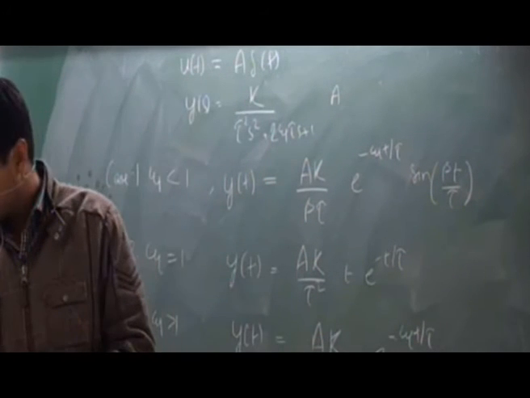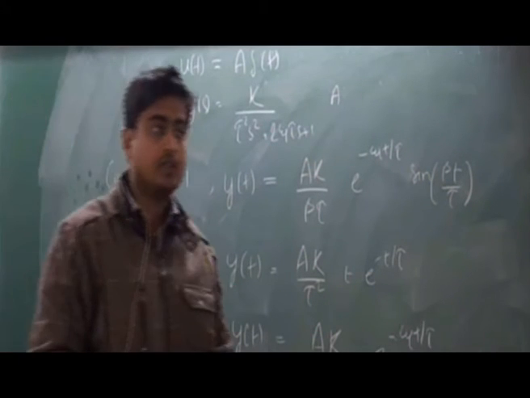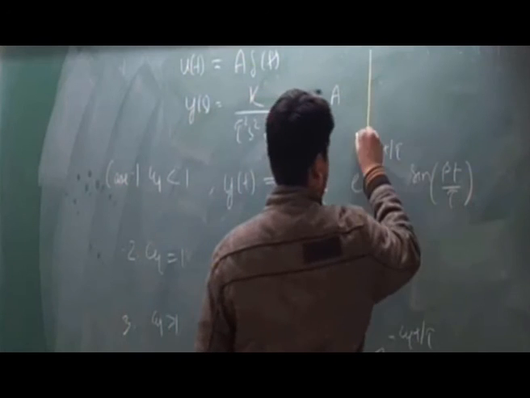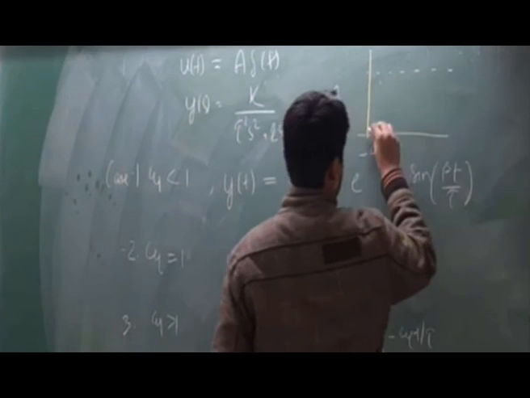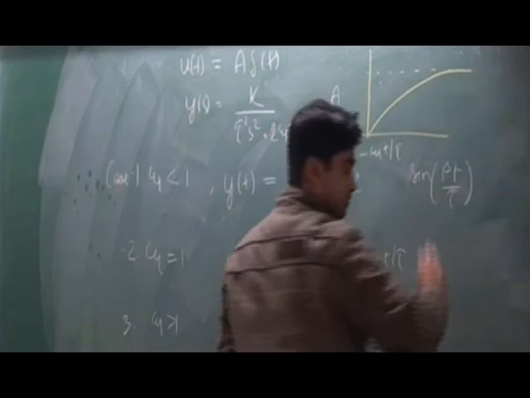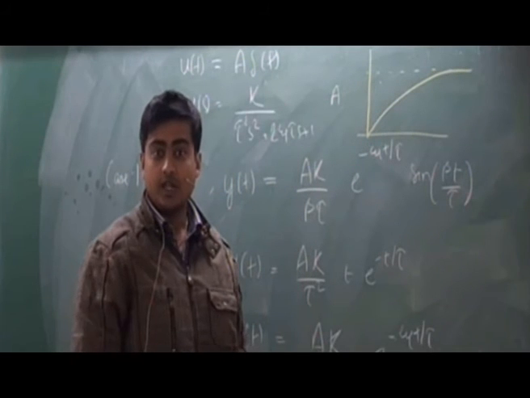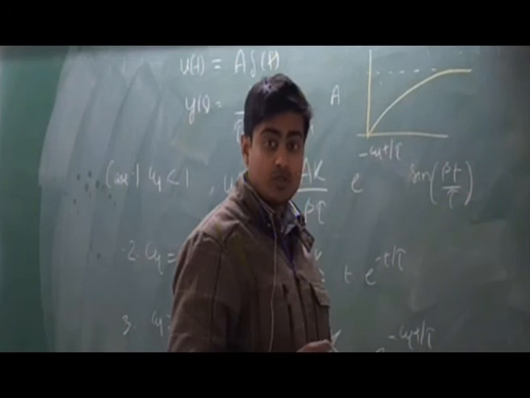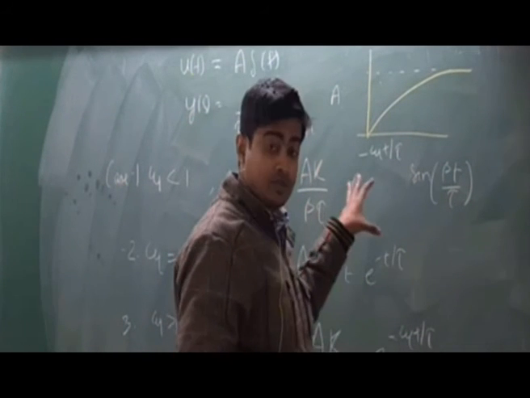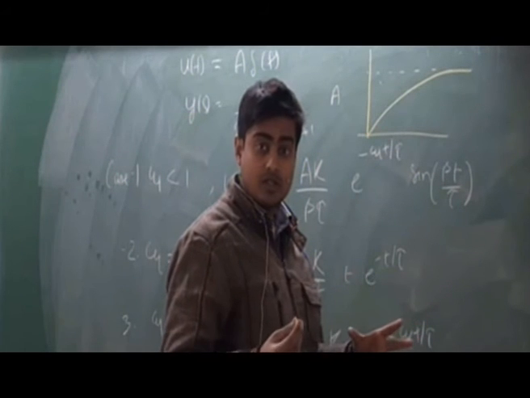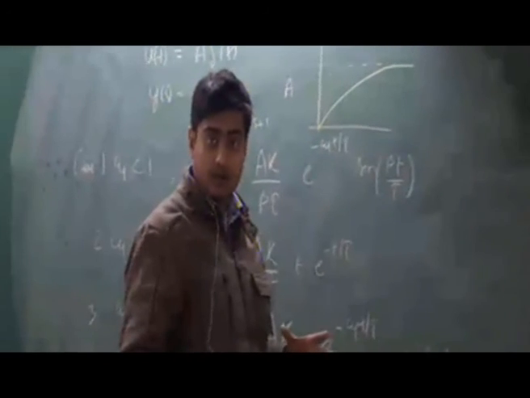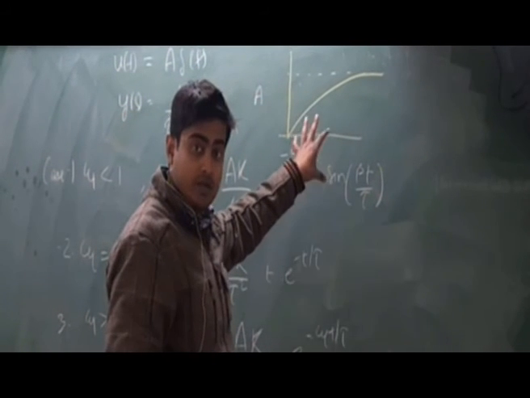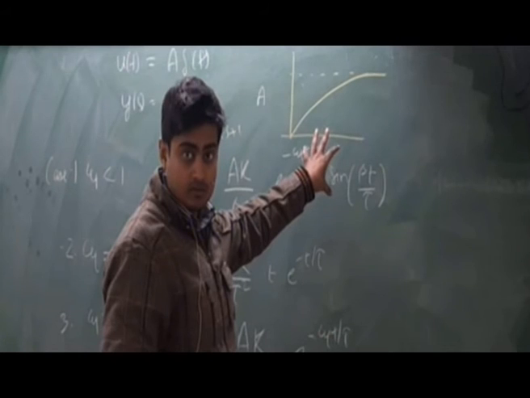If you have paid attention to the slides, we have seen that for the overdamped system, the response of the system is like this, which you could generalize to a first order system with a large time constant. What we have seen in the first order system is that if you have a large time constant, your system is already very slow in responding to a change in input. Similarly, the same kind of behavior we observe in the overdamped system.